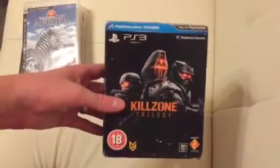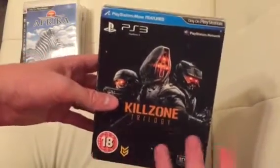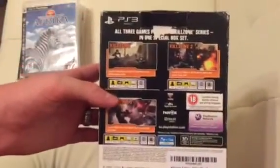Next up, Killzone Trilogy. Again, this is a PAL release, and you're probably wondering why is he showing Killzone? This is not a rare game whatsoever. But as a collector, I like to have the complete versions of different games. This particular edition is a little bit beat up. You'll notice some definite wear on the outer box here. Why did I pick this up? Well,